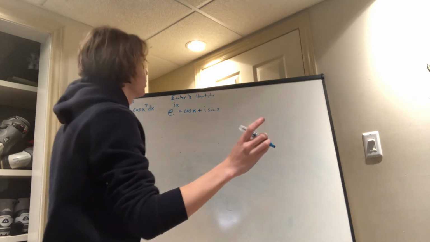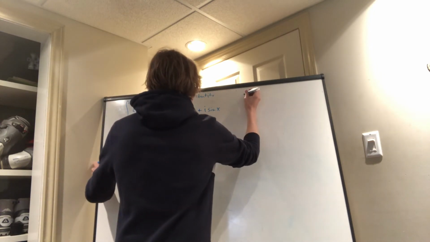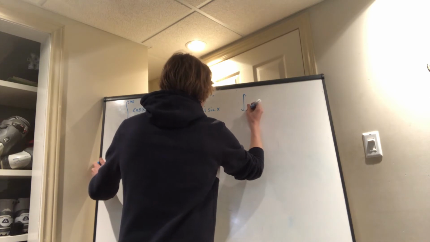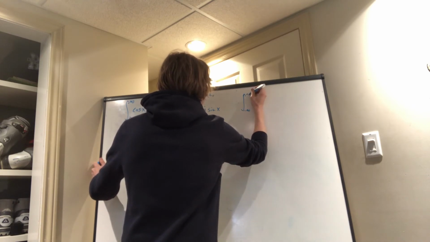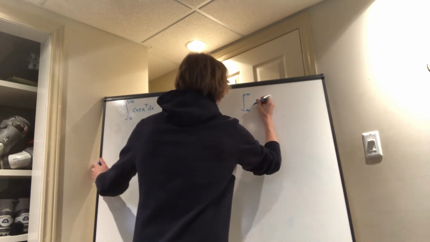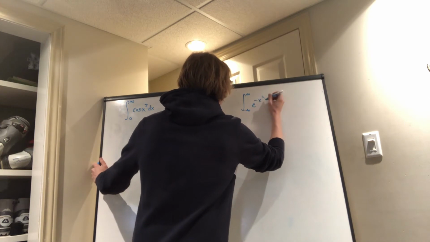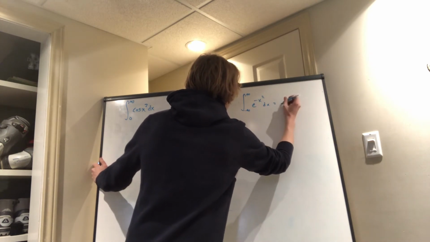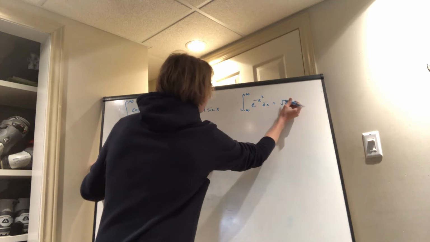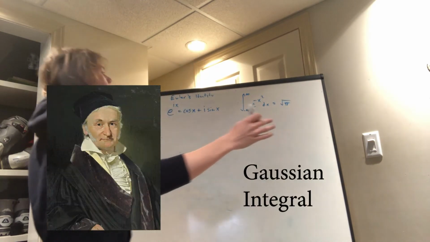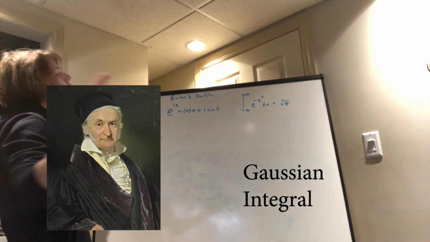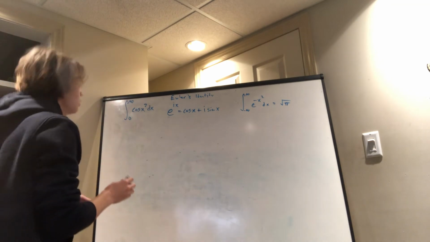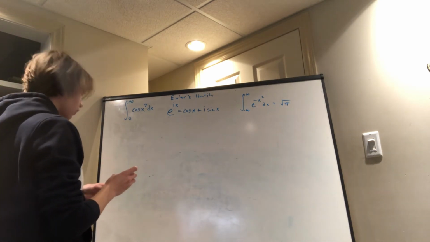And then the other fact we're going to use is the integral from negative infinity to infinity of e to the minus x squared dx equals the square root of pi. And that's also well known, and I might do a video on that in the future, I'm not sure. So first,